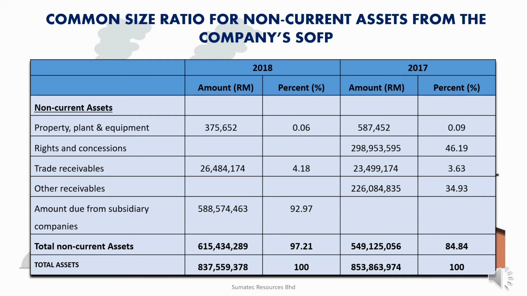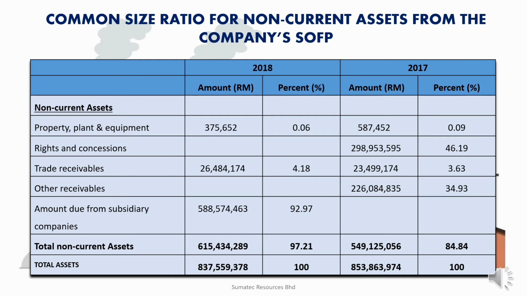For other receivables, in 2017 it is 34.93%, while in 2018 there is no amount of other receivables. Next, amount due from subsidiary companies. In 2017 there is no amount, so there is no percentage, while in 2018 it is 92.97%. For the total non-current assets for 2017,